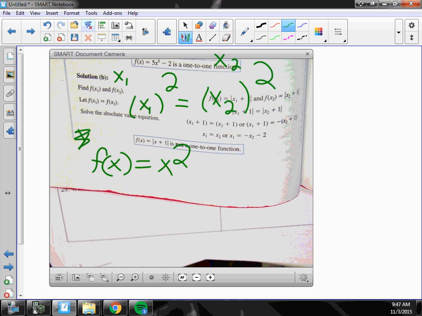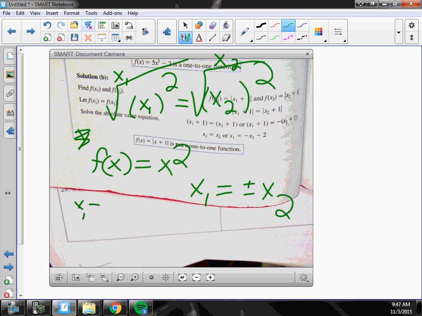Square root, but if I square root this side, I have to square root the other side, and one or the other gets a plus or a minus. So I get x sub 1 equals plus or minus x sub 2. The first one is right. x sub 1 equals x sub 2. That's true. That's what we want. But that second version,